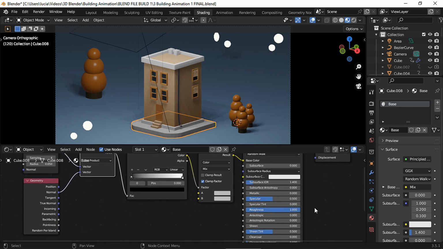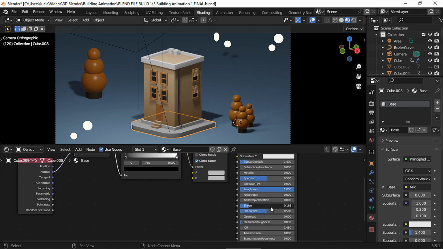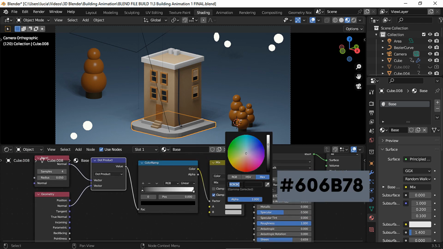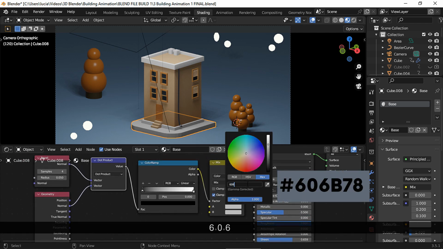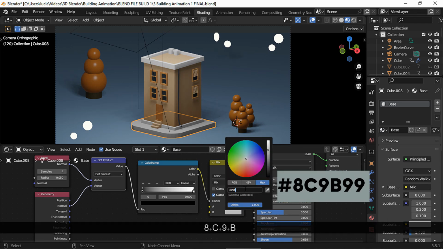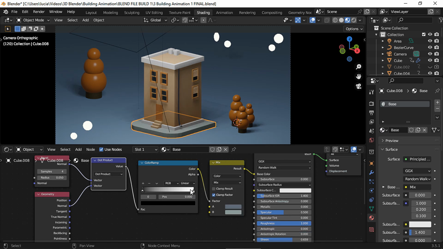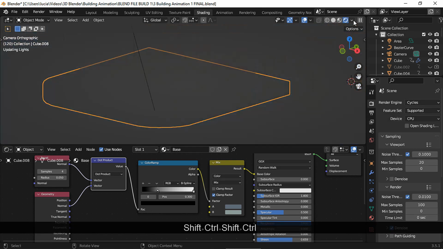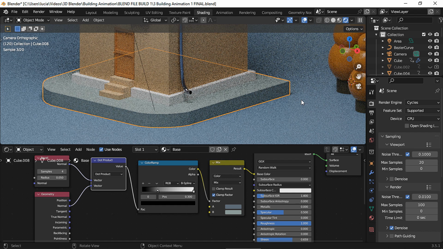And I cranked the roughness and the sheen up. I chose a dark and a light blue. I set the color ramp to be a spline and moved the color stops until I liked how the effect looked. This effect is visible in render preview mode only. Let's see it in action. And the edges are a bit darker.